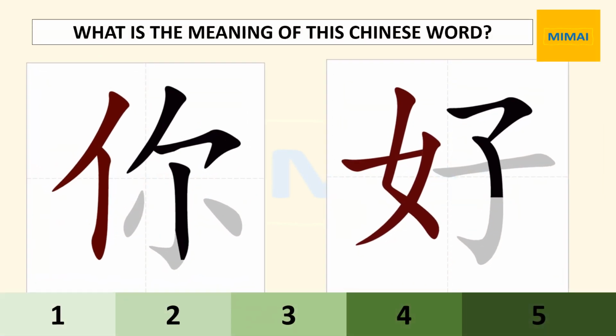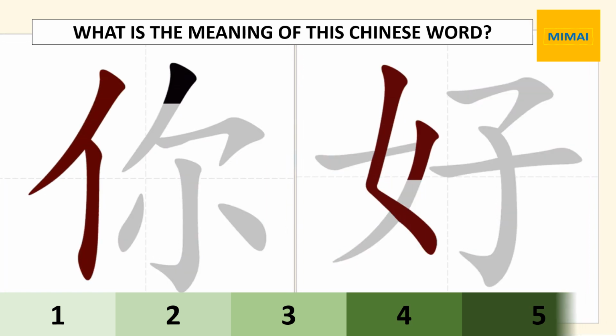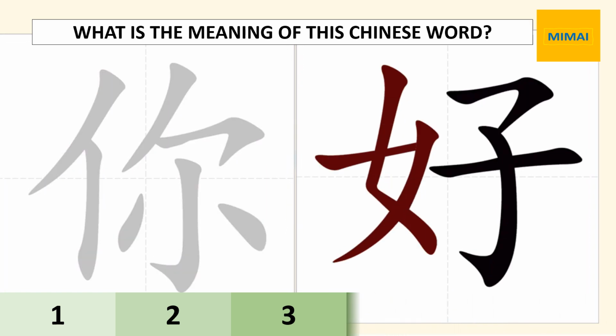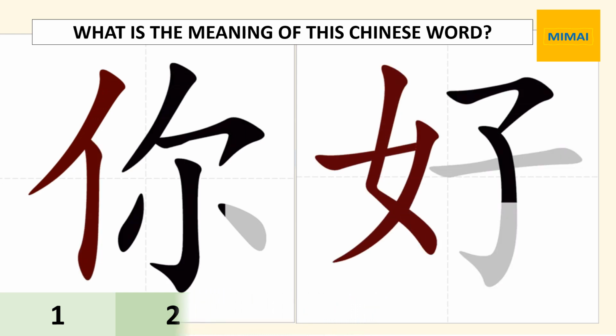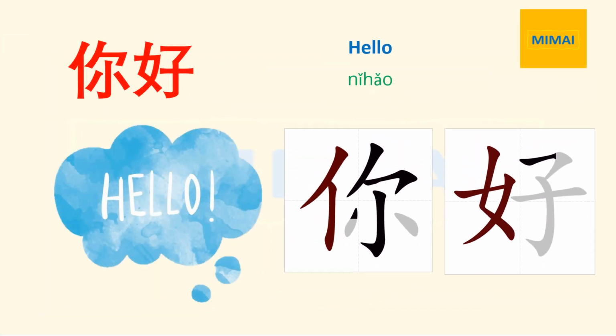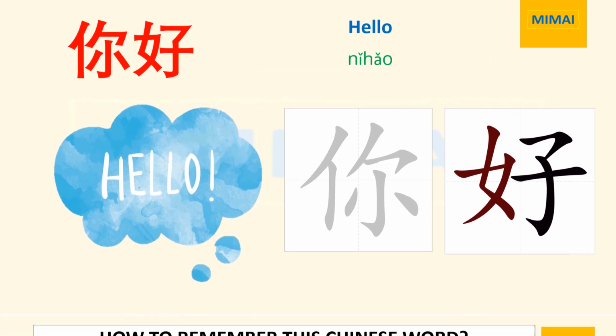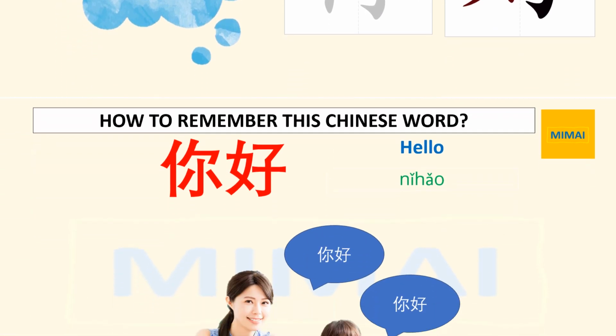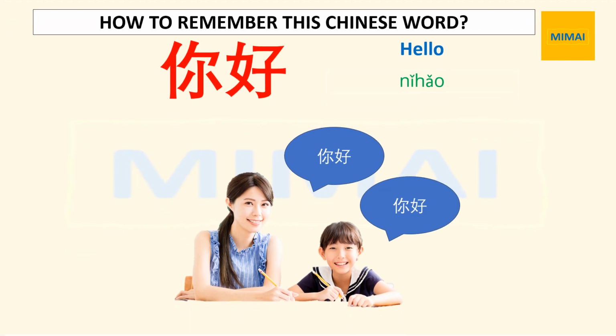你好. What is the meaning of this Chinese word? Hello. 你好 Hello. 你好 Hello. Here is an example for this word. 你好